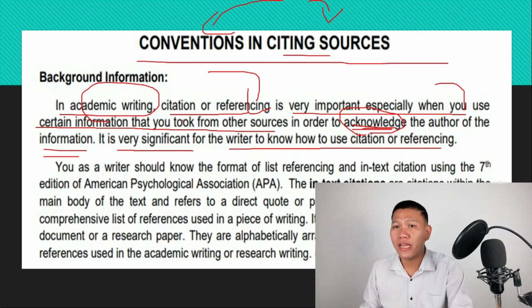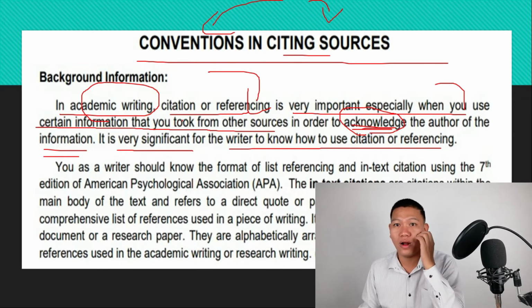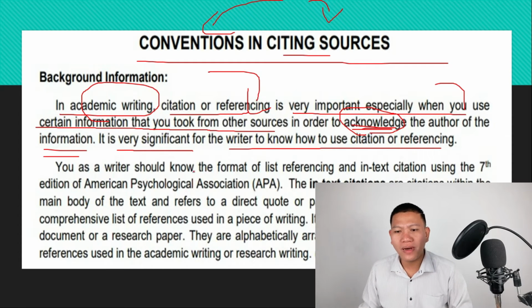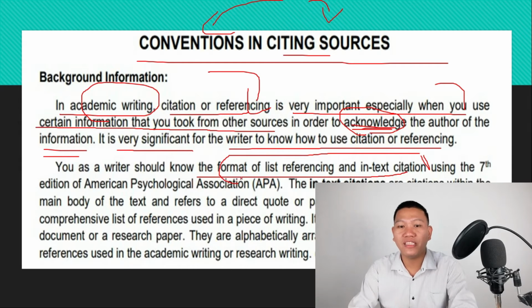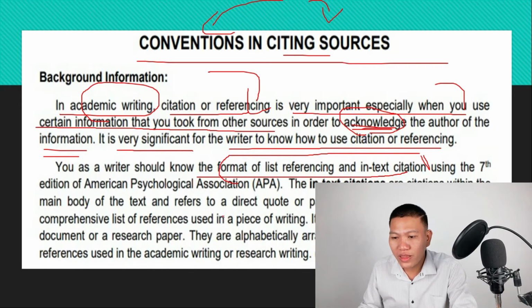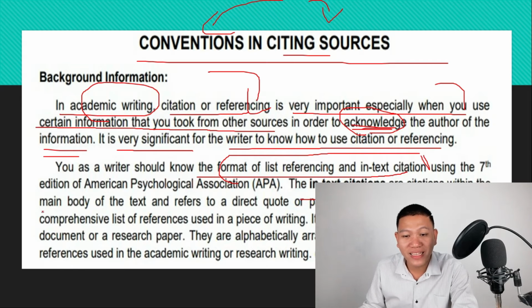Giving acknowledgement and respect to who really is the owner of the idea that you are using. You as a writer should know the format of list referencing and in-text citation using the 7th edition of American Psychological Association, or we call it APA format. The in-text citations are citations within the main body of the text and refers to a direct quote or a